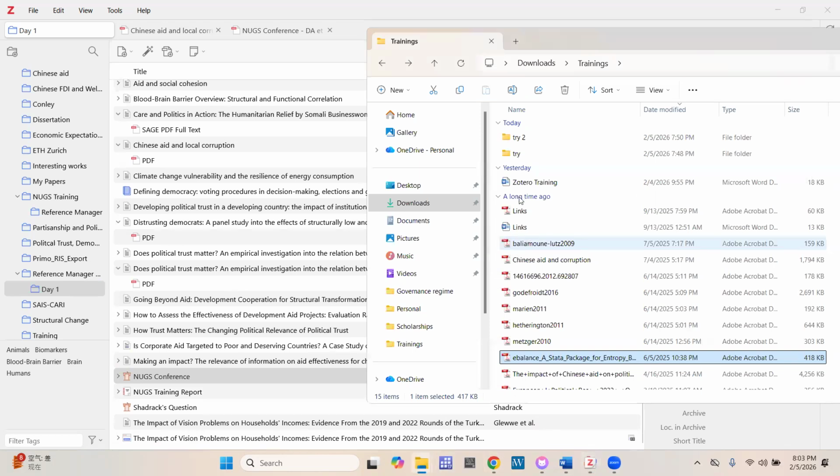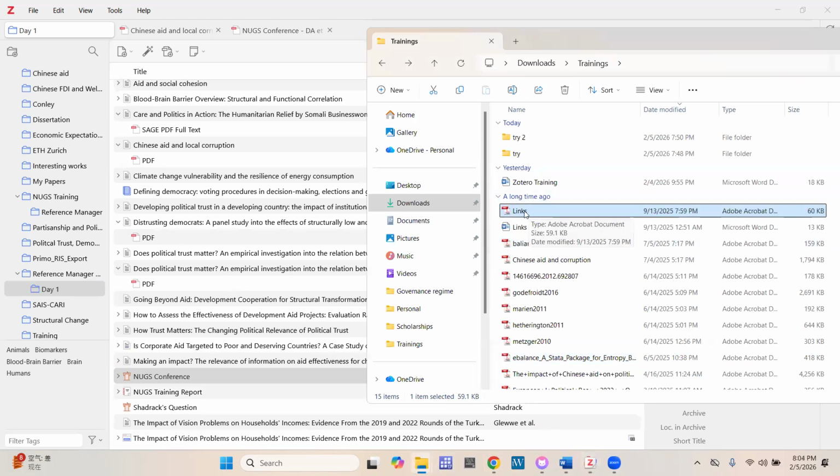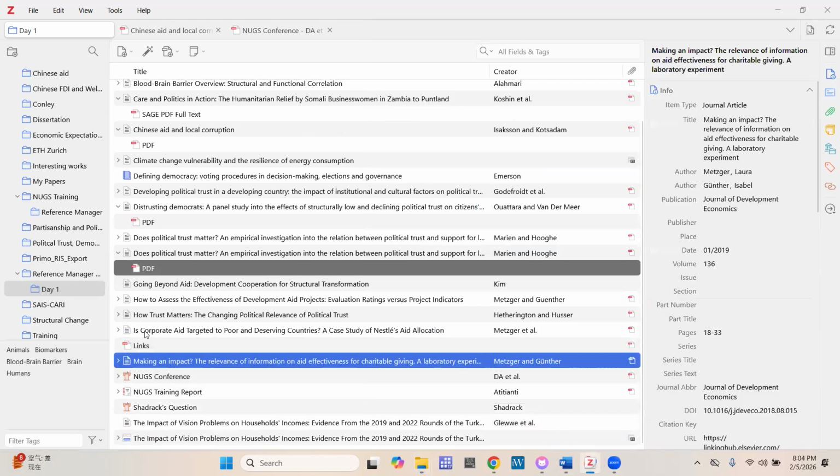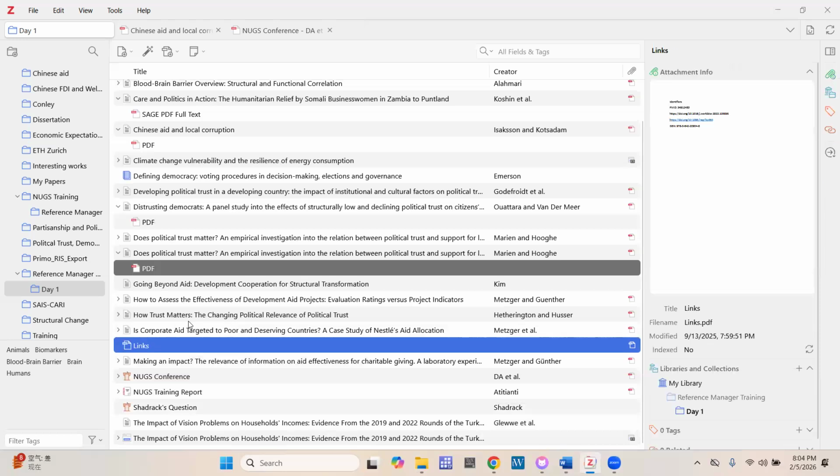Now, because this document doesn't have any information associated with it, Zotero will not be able to get any metadata because this is just a custom document I created. But nevertheless, let's still bring it in the Zotero folder we created for day 1. So Zotero puts it over here. You realize that even if we wait for the whole day,